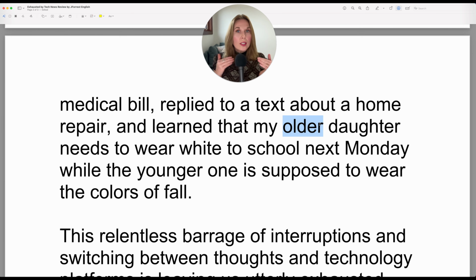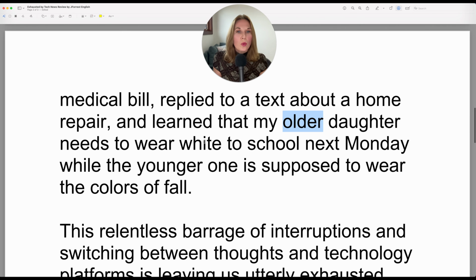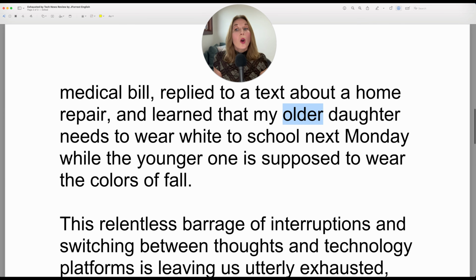There are certain times we use the word elder, but what we use out of our mouths naturally is older to represent the age range. So if she has an older daughter, it means she has more than one, and this one is obviously more years. My older daughter needs to wear white to school next Monday, while the younger one, so she could say